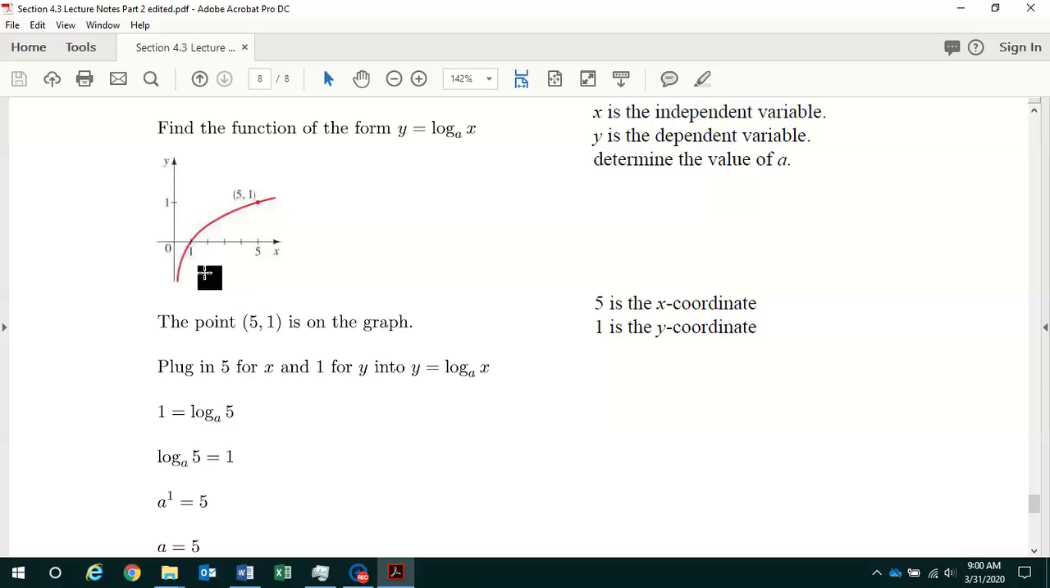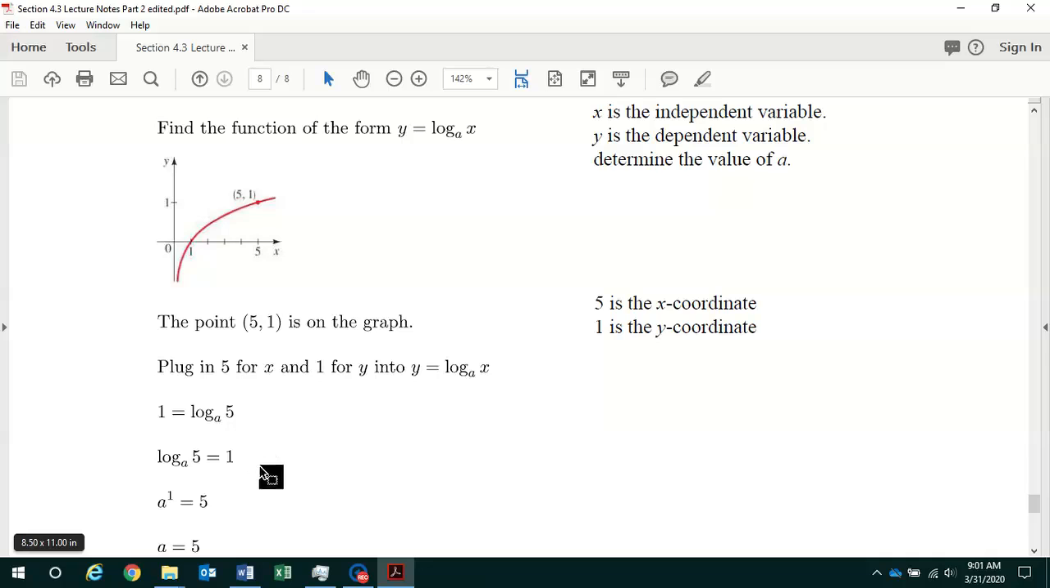Well, the graph of the logarithmic function passes through the point (5, 1). 5 is the x-coordinate, 1 is the y-coordinate. So to determine the base of this logarithmic function, we plug 5 in for x on the right-hand side of the equation and 1 in for y on the left-hand side. And we have 1 is equal to log base a of 5. Then we switch the two sides of the equation, and we have log base a of 5 is equal to